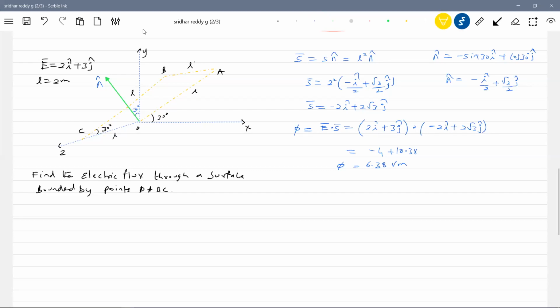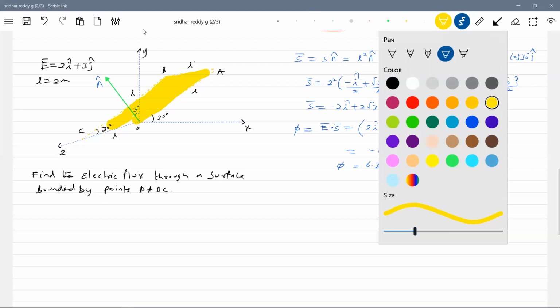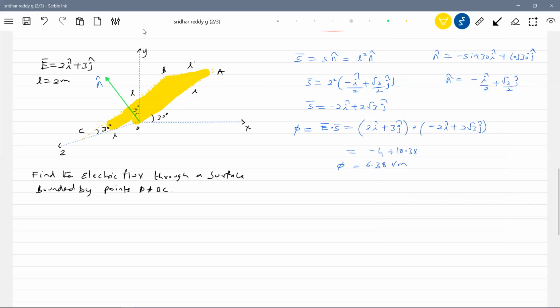I'll shade that surface. If you check the advanced paper, there is a question of this kind, where some surface is lying in some space. He has given coordinates of that, and with the help of that, you are supposed to first define the area vector. Once you define the area vector, the other things you can manage. Please do think on problems, not only those lying in a simple plane. It is lying in a space, you can see from here clearly.